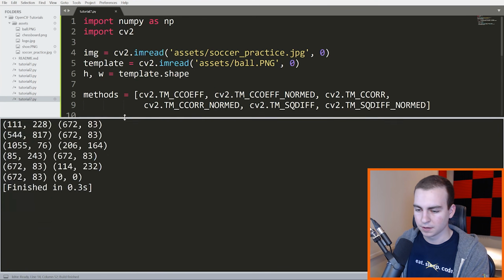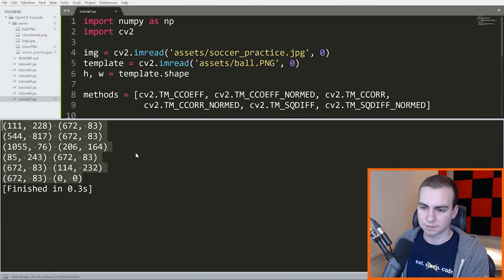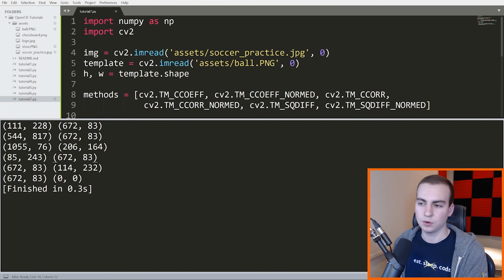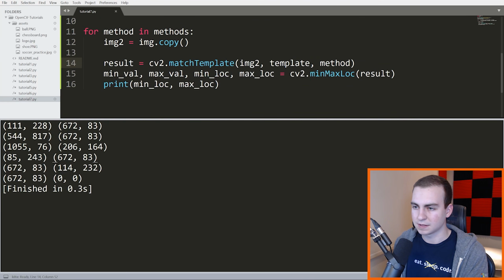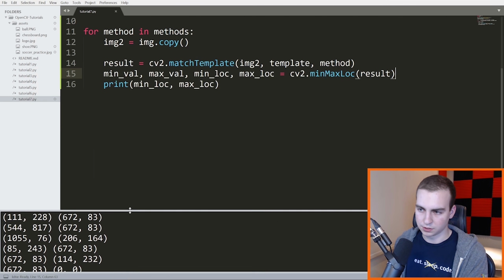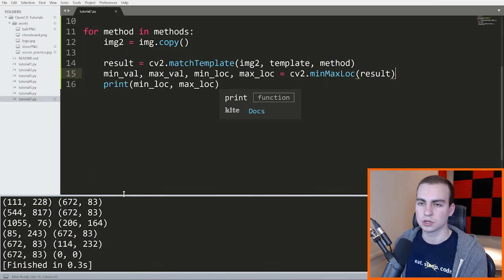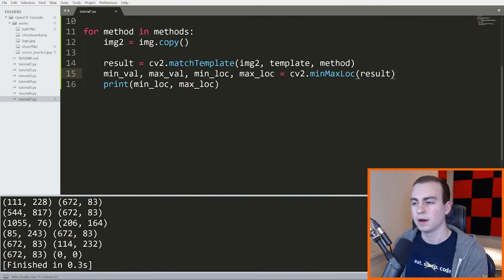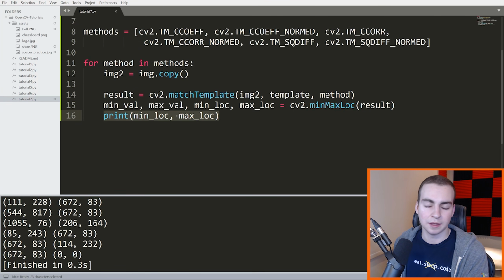All right, so now we can see here that we get all of our different locations. So it's telling us the location in this array right here. And then what we can do with that as well, we can use that as, say, the corner of a rectangle. We can draw a dot there or something like that. So anyways, those are the locations. So now that we have the locations, all we need to do is draw a rectangle where these locations actually are in our base image and display that image so we can see if it actually did match the correct area.